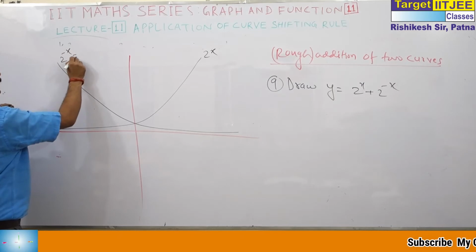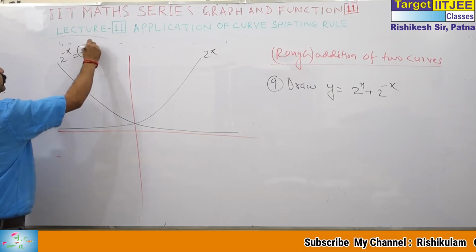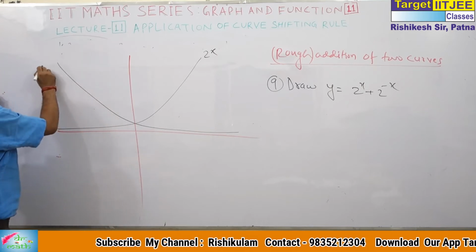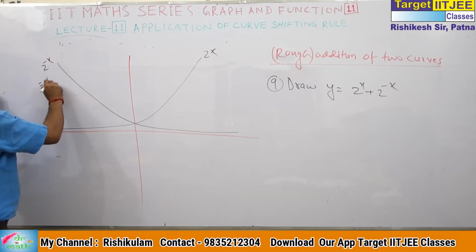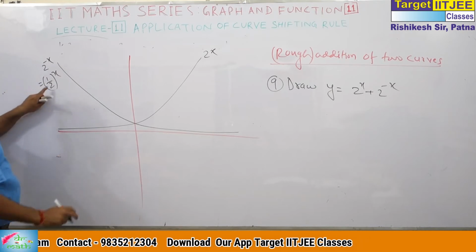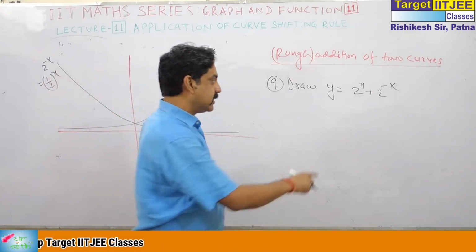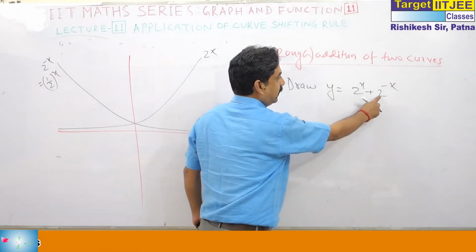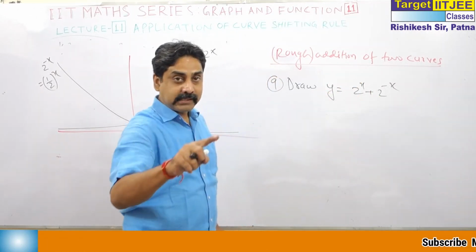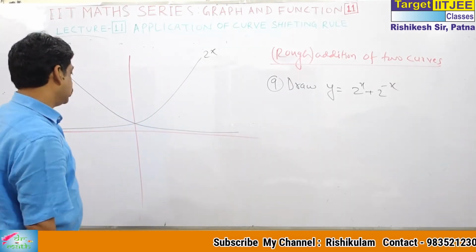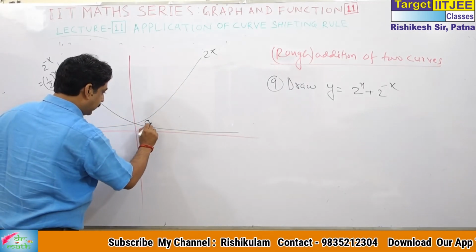Why 2 to the power minus x? Basically this is 1 by 2 to the power x. I will write it on this side, 2 to the power minus x. Actually this is 1 by 2 to the power x. Both are graphs of a to the power x, when a is greater than 0. Here it is 1 by 2, since 2 to the power minus 1 is 1 by 2. So the graph passes through 0, 1.